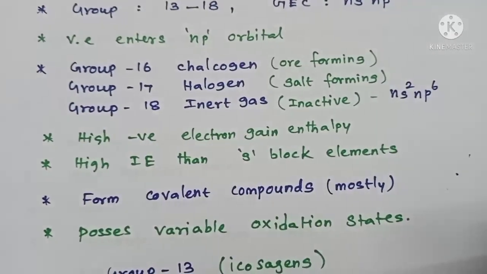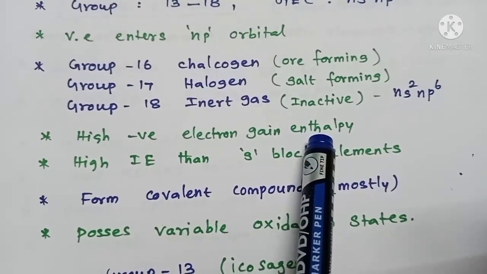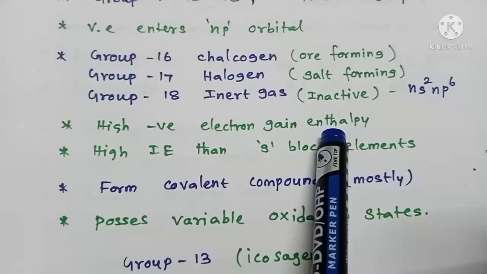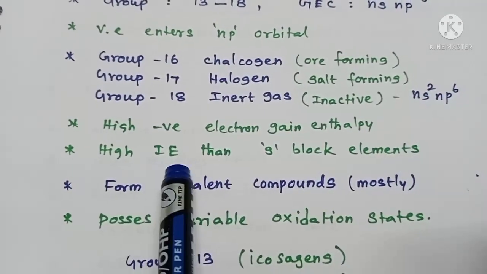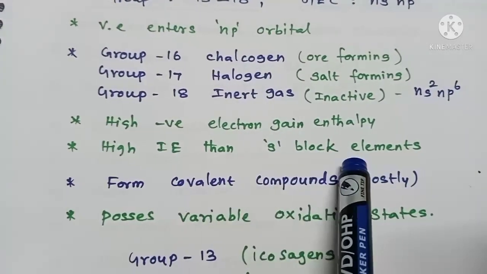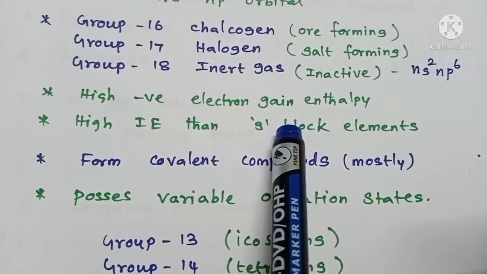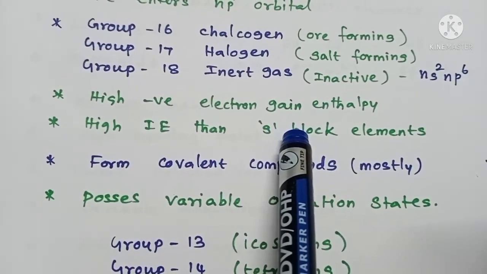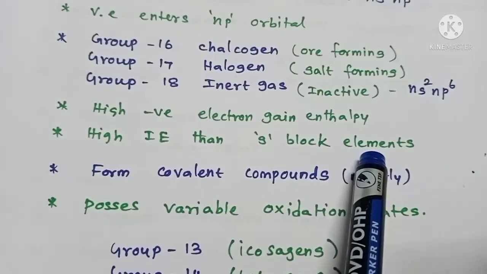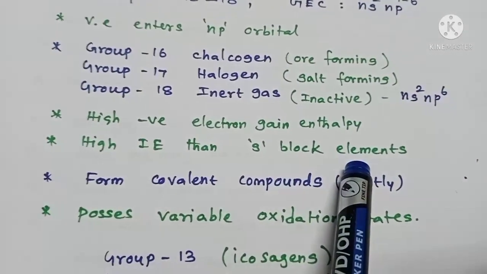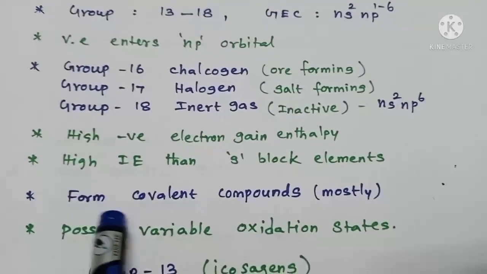Okay, right. Then the properties of p block: they have high negative electron gain enthalpy. So p block elements have more tendency of gaining electrons rather than losing electrons. They have high ionization energy compared with s block elements. Comparing with s block elements, the ionization enthalpy of p block elements is comparatively high, because when you move from left to right in the periodic table, ionization enthalpy generally increases. P block being located on the right hand side of the periodic table generally possesses high ionization enthalpy,